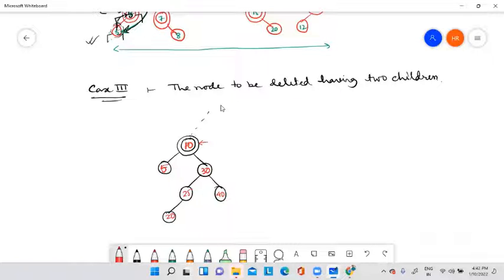Now see, you can replace this with either the minimum from the right subtree or the maximum from the left subtree.